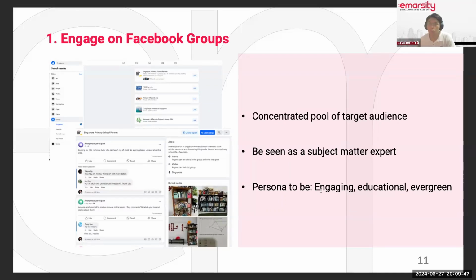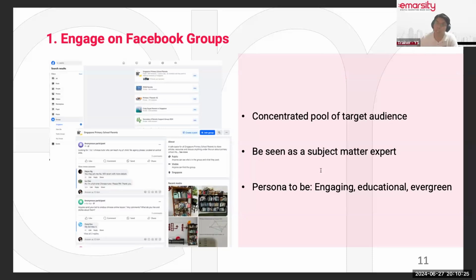Use Facebook groups. Facebook groups are your targeted audience pool. Think about it. Say, for instance, I have a running shoe brand. Where can I reach a huge pool of targeted runners online? Facebook groups, search for runners. You can find groups of audiences, runners, very actively online talking about marathons, running shoes, and running tips. No better way to reach this target pool of audience than Facebook groups.